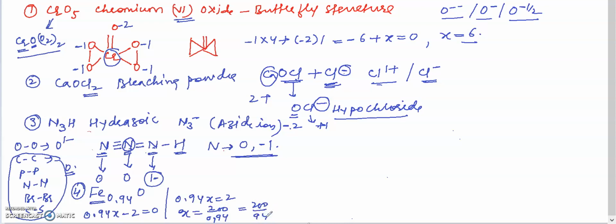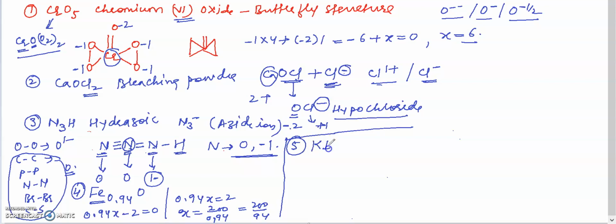So what is the oxidation state of Fe in Fe.94O? That is 200 upon 94. So this is the fourth example for this oxidation number. Now we'll discuss the fifth example too,